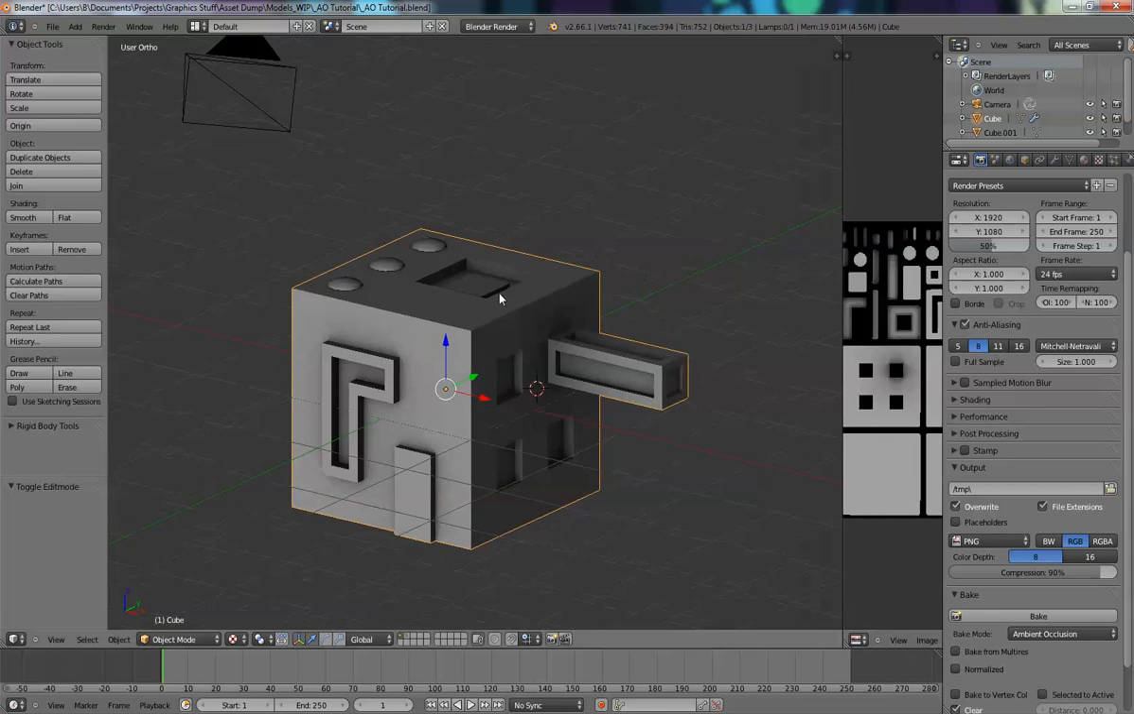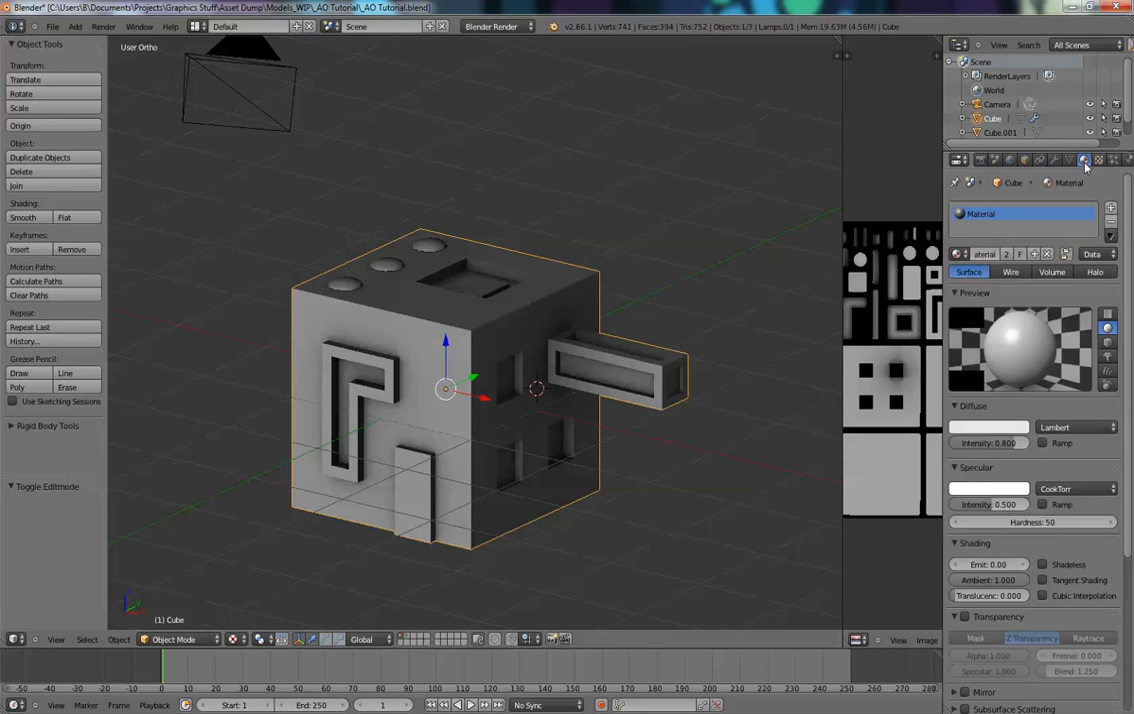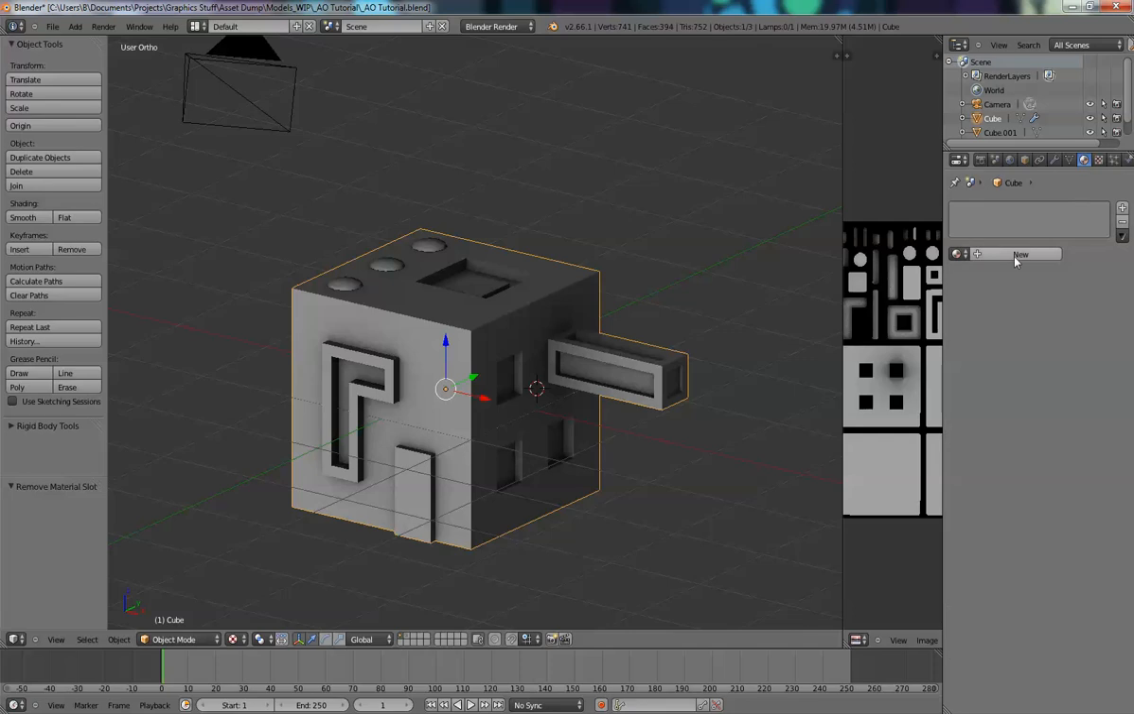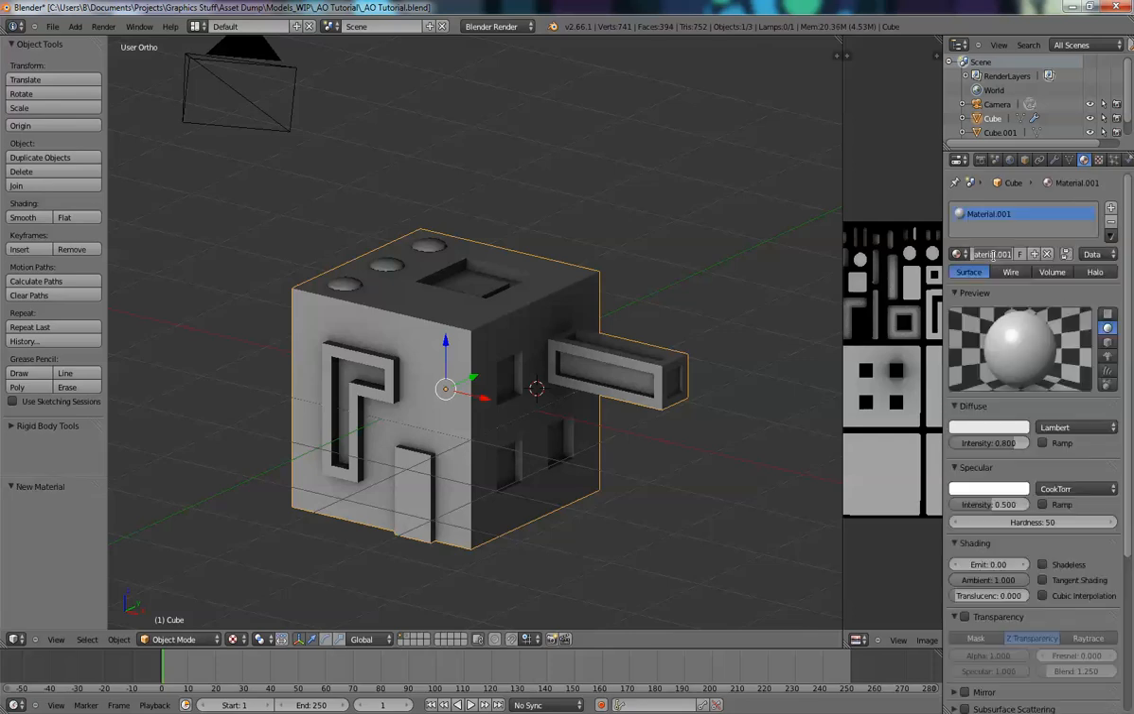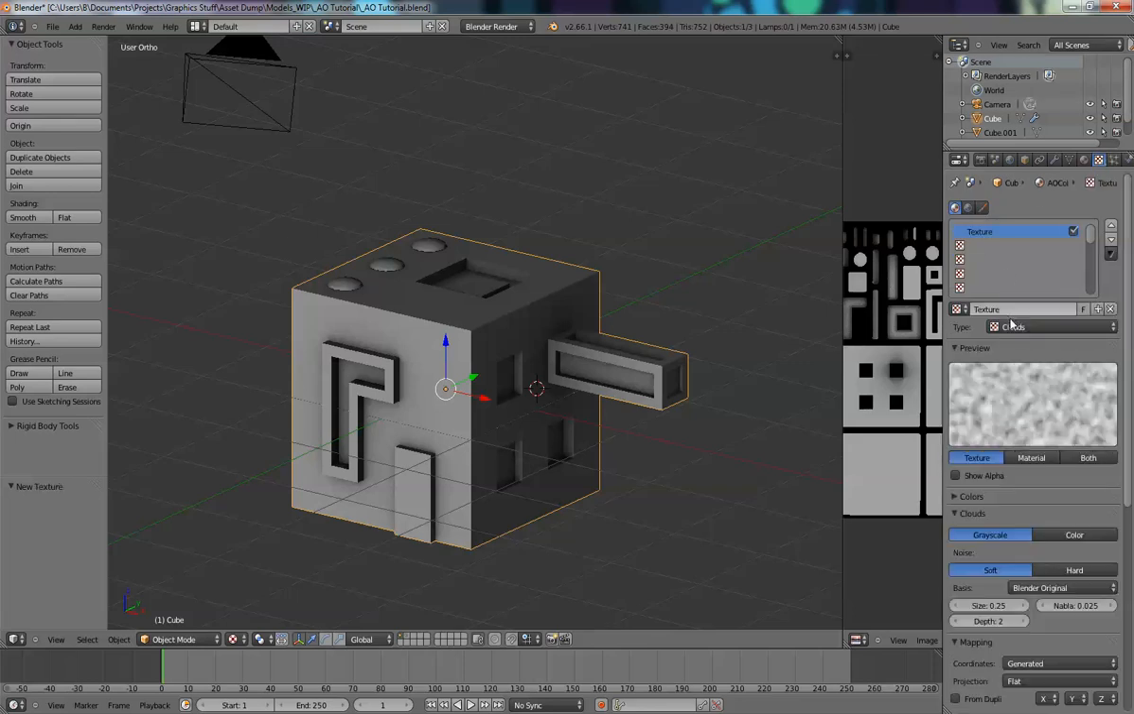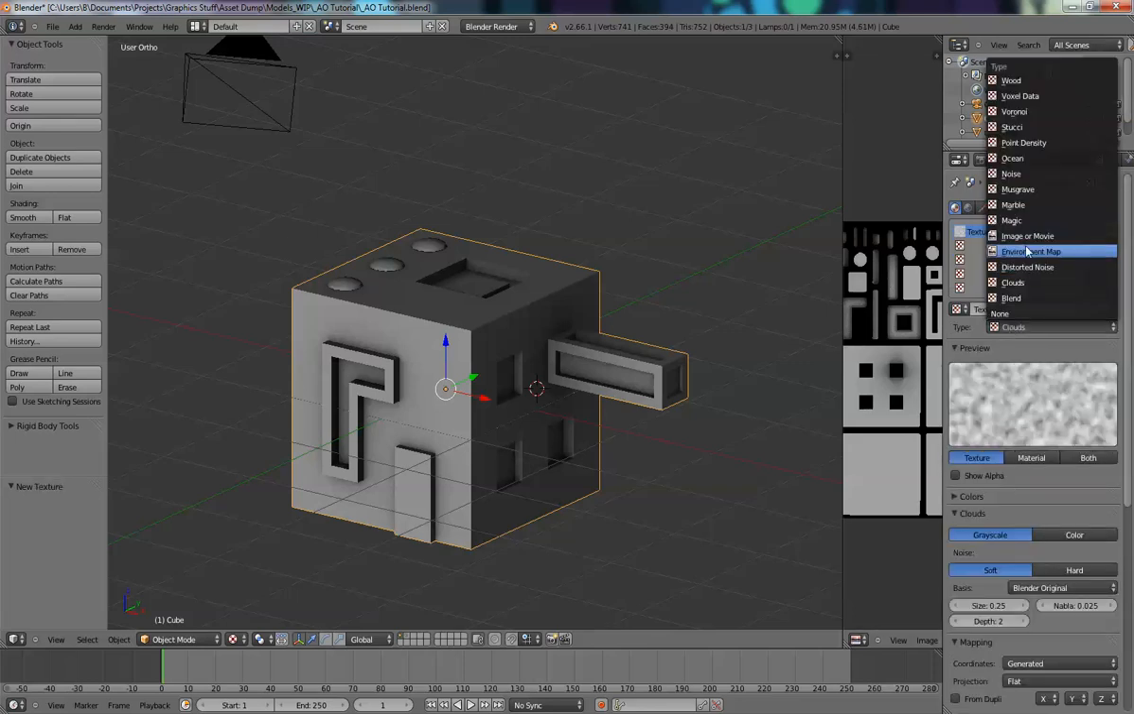I'm going to move that out of the way. And let's go ahead and apply material. Have your object selected, and material tab. Looks like I already got one selected. I'm going to go ahead and delete that and do a new one. Okay. And we'll just call this AO color, and to the texture tab here, and create new, and under the type just pick image,